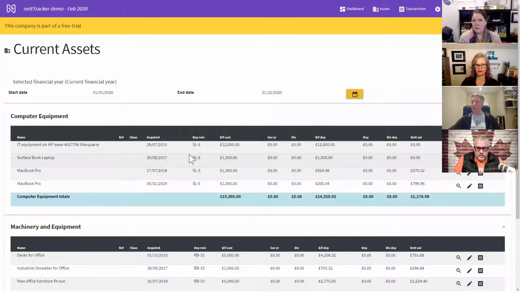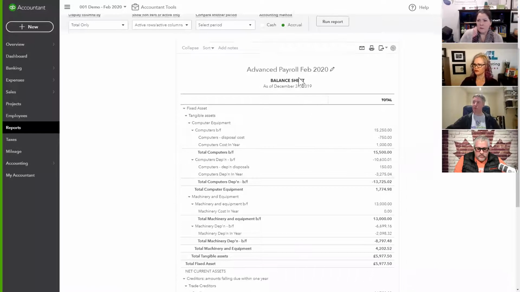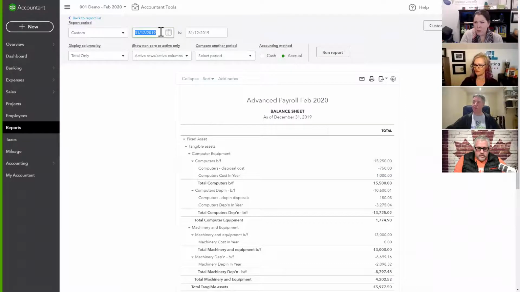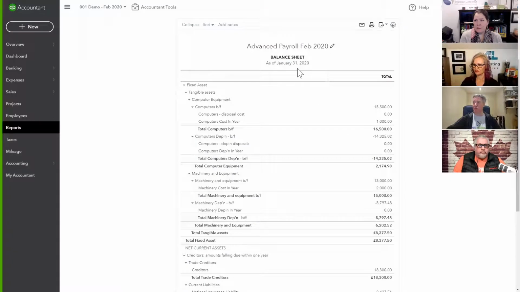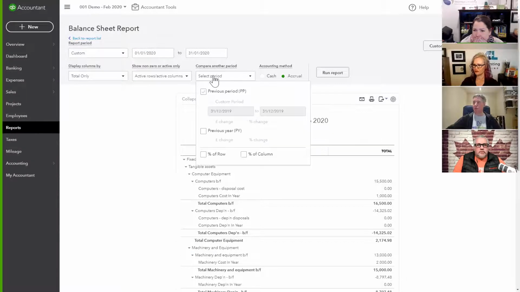If I go back into QuickBooks, so as of December 2019, this was what my balance sheet looked like. Now, if I actually change this to 01/01/20, actually I put the 31. If I run that report, so this is my balance sheet as of January 2020. And if I choose to look at the previous period and run this report,